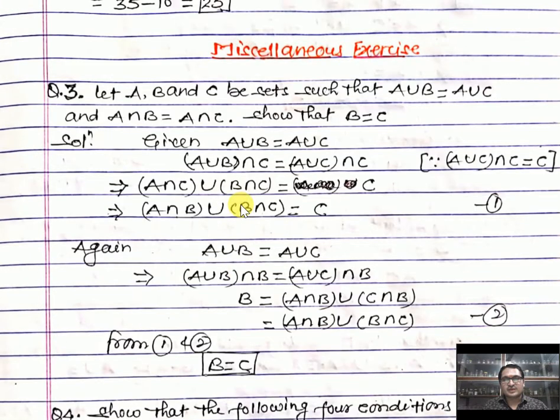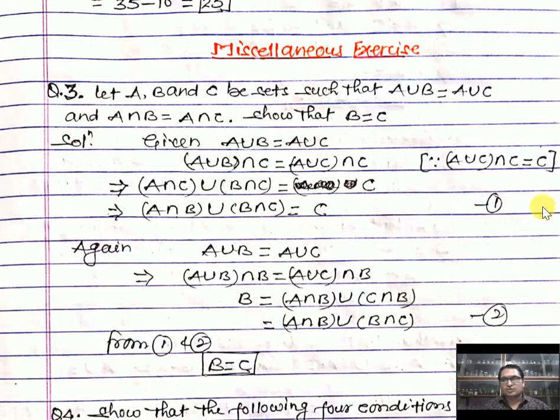The same result, the same things we are going to do, which is given A union B equal to A union C. Now I am going to add intersection B in both the sides, left and right. So A union B intersection B will be equal to A union C intersection B. So now the left hand side will be equal to B, and on the right you have to apply the operation: A intersection B union C intersection B.